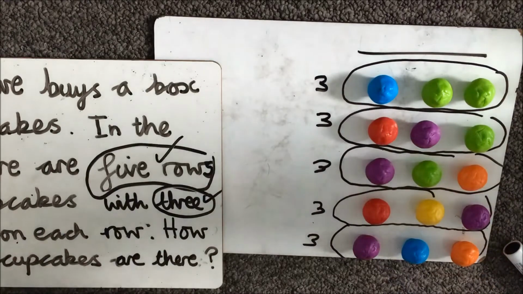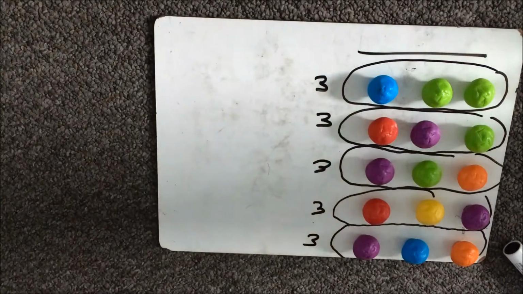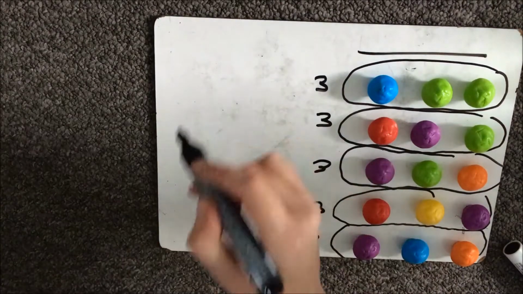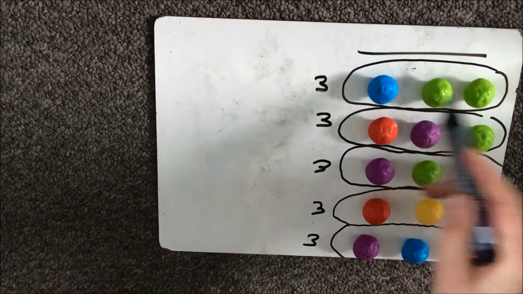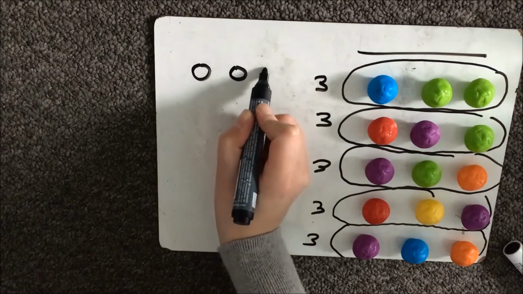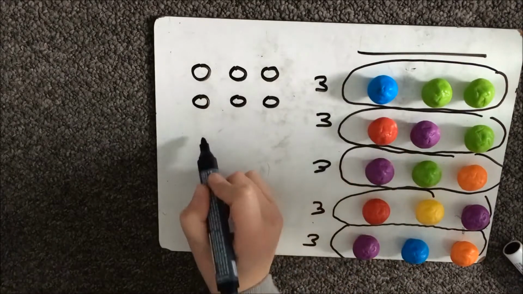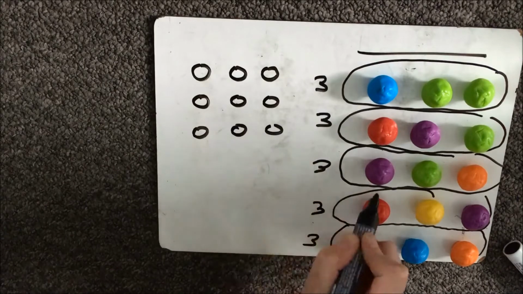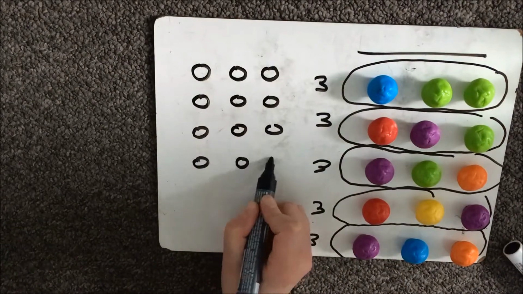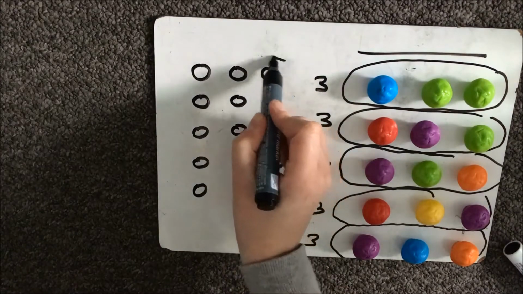Can you try and draw this as a picture? You don't have to draw the cupcakes because that will take us a long time, and the thing we want to do is find out the total number of cupcakes. So if I was going to draw, I might just draw circles. Can you have a go at drawing this as a picture? So we can do it as 1 row of 3, 2 rows of 3. Can you see this matches this? 3 rows of 3, 4 rows of 3, 5 rows of 3,